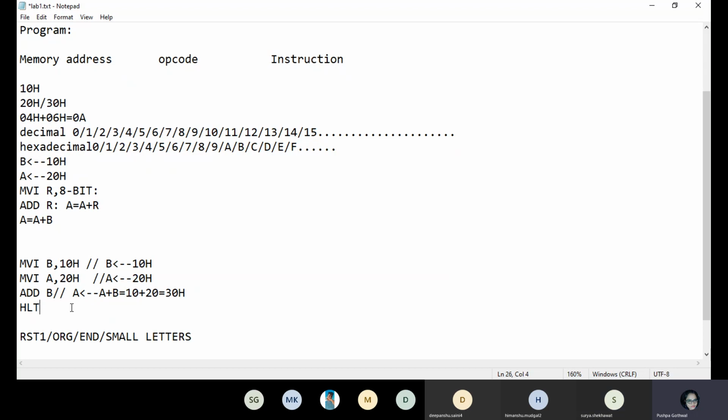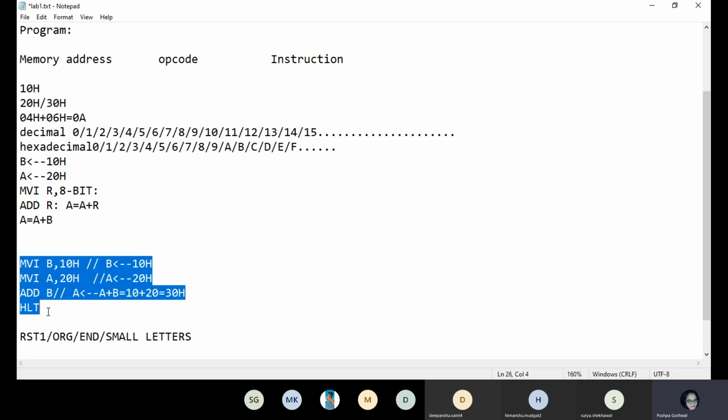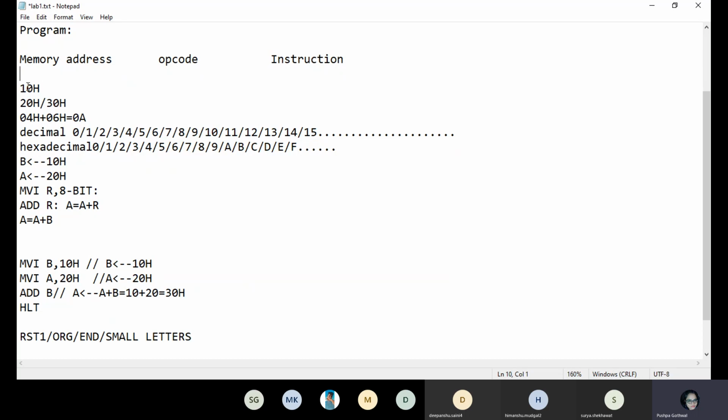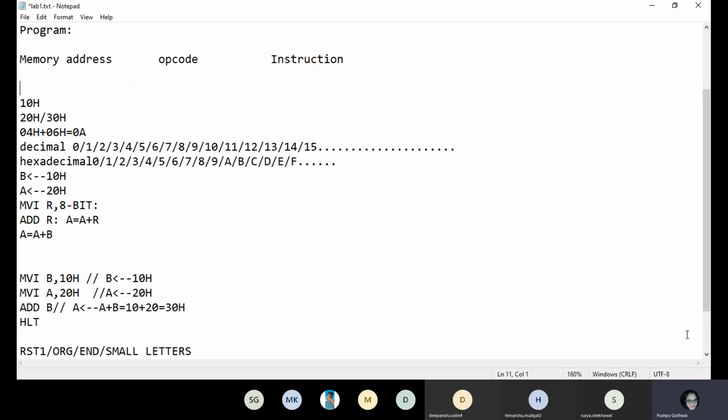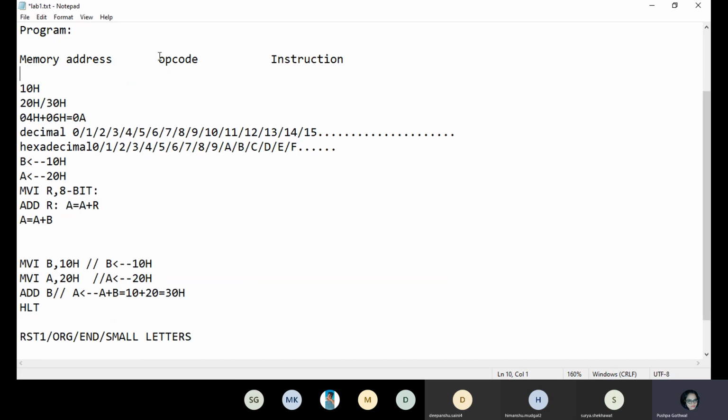Okay, fine. So I wanted to explain before simulating things on the simulator. I want to tell you how the same program will be performed on the hardware, so at least you can get a quick insight about it. Every program is executed by memory location. 7000H is the memory location where we will write the code. The first line of the code is MVI B, 10H.